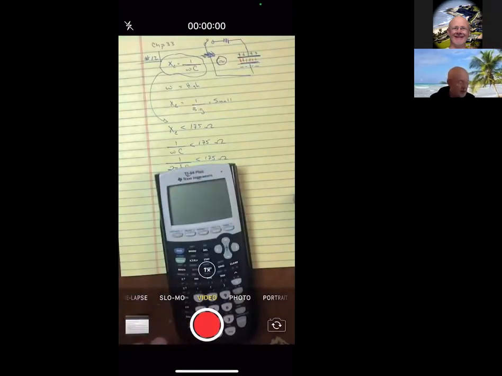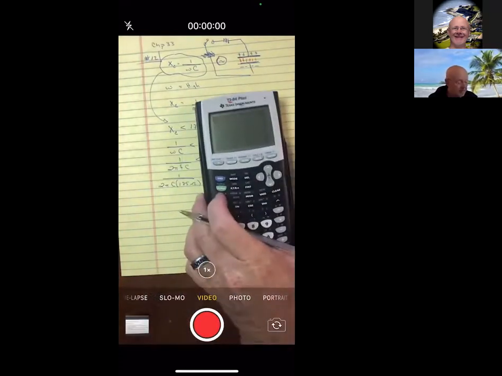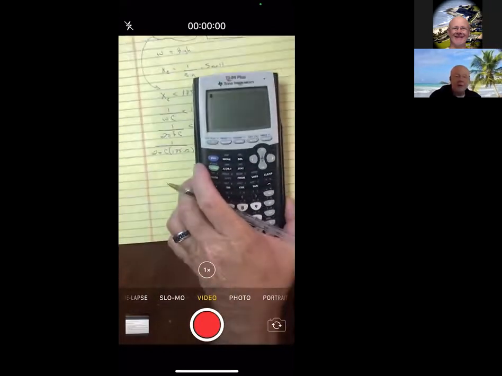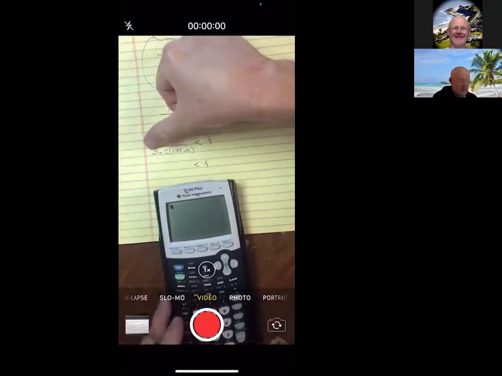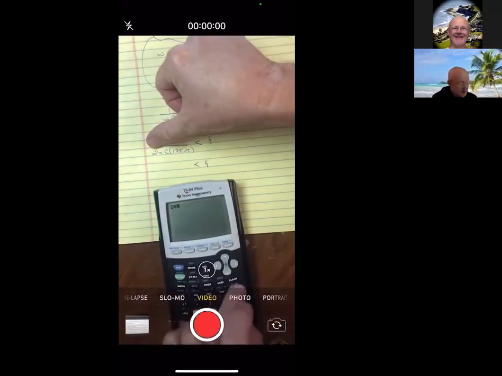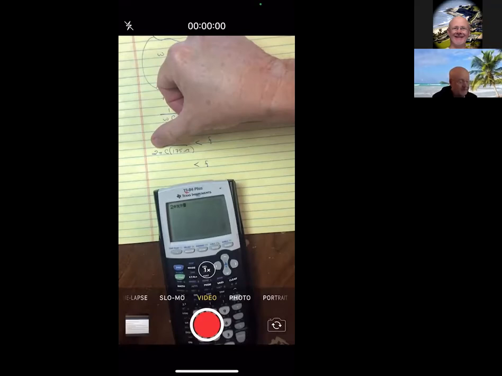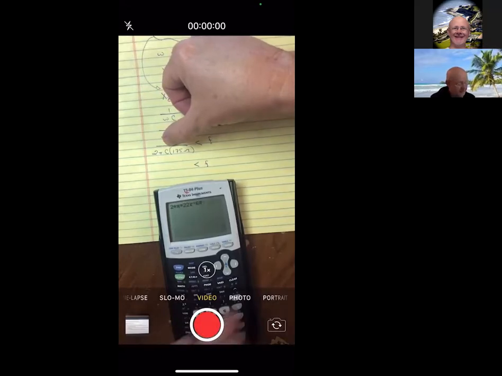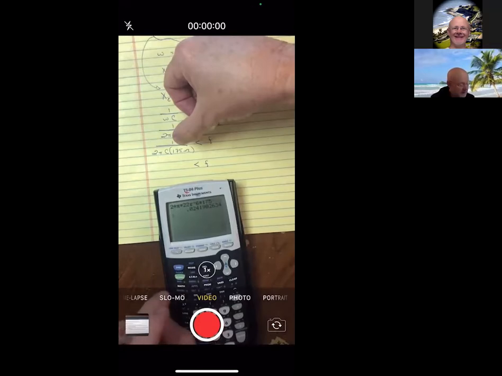So if I grab a calculator, and I'll just do the denominator here, 2 times pi times C, which is 22 microfarad, times 175. And then the reciprocal of that,